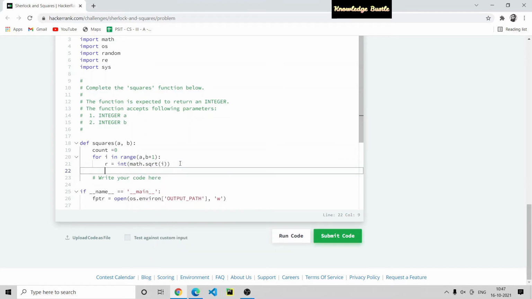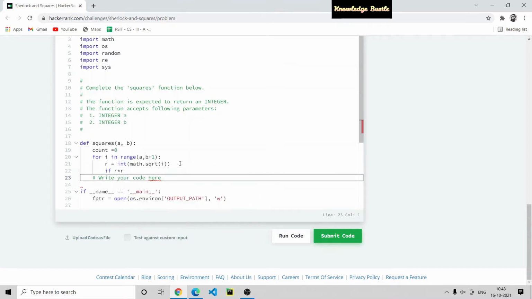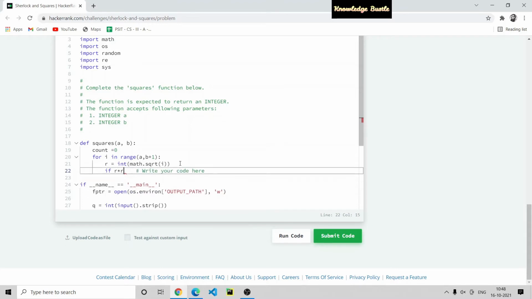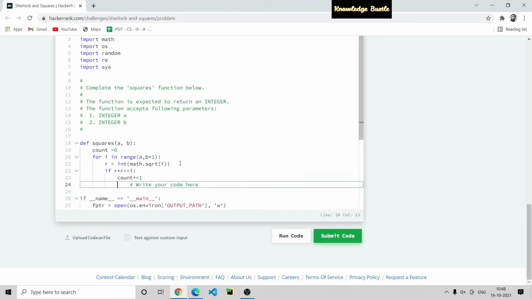Then we have to check a condition: if r into r is equal to i, then we need to increment our count, count plus equal to 1.